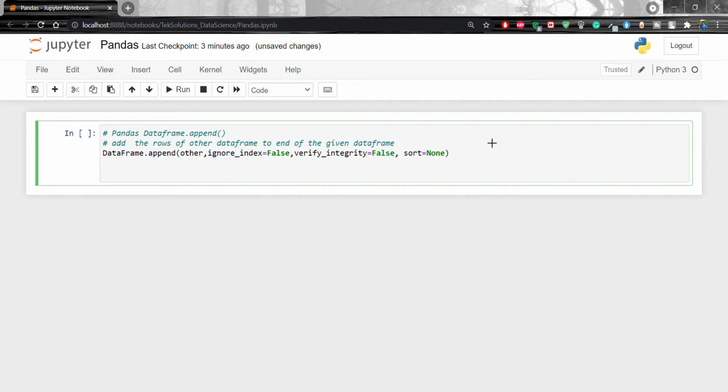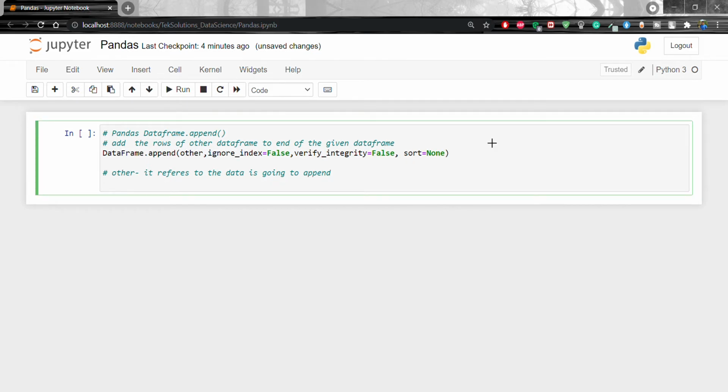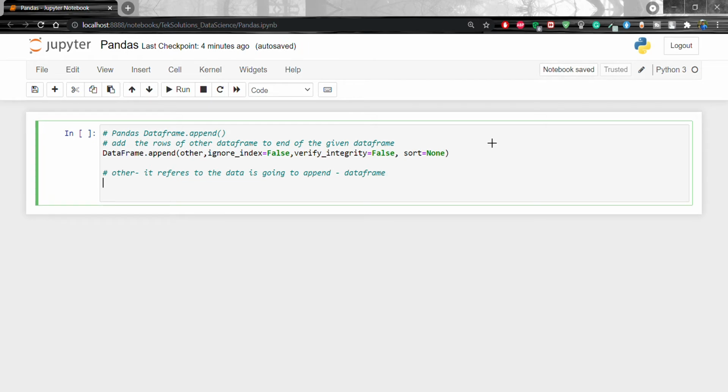I am going to give you all the parameters one by one, and the significance of each. The first one is other. So what will other do? This refers to the data that is going to be appended, the data frame that we are going to pass into the data frame dot append method.